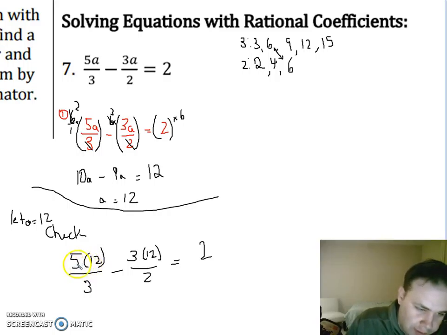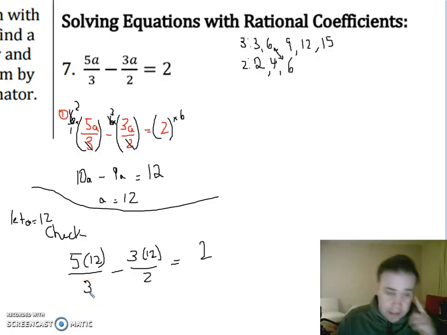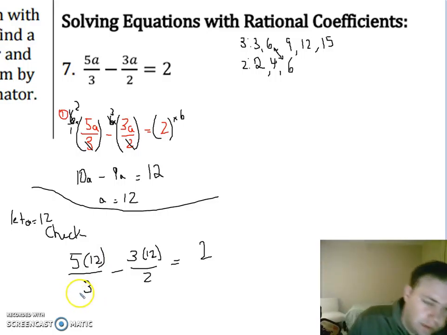So 5 times 12 is 60. 60 divided by 3 would be 20. Or I could do it like this. 12 over 3 is the same as 4 over 1. So 5 times 4 is 20. Same kind of thing